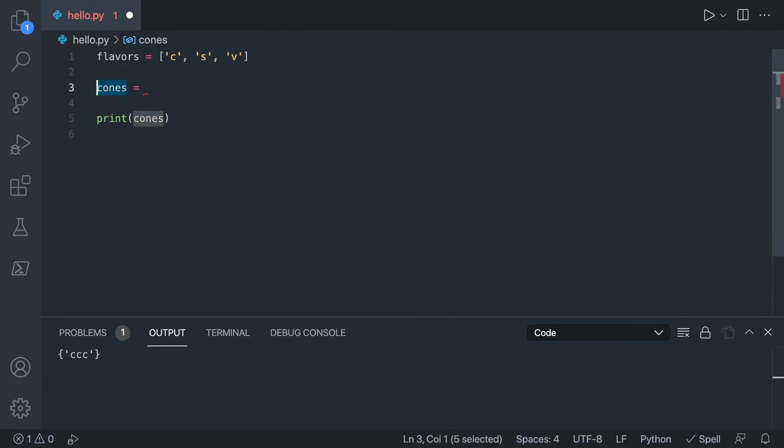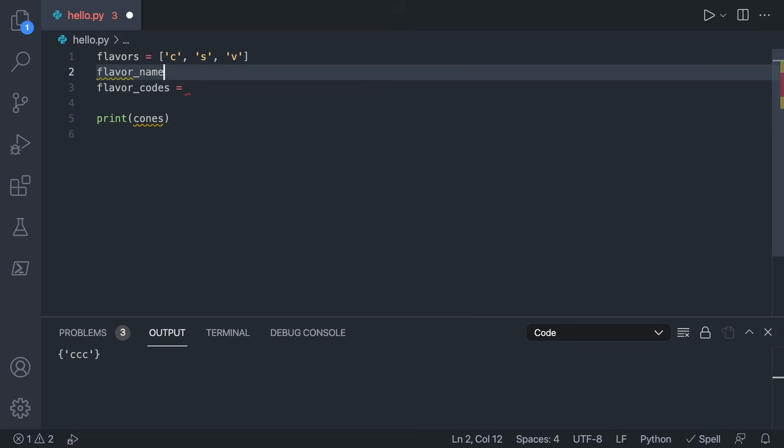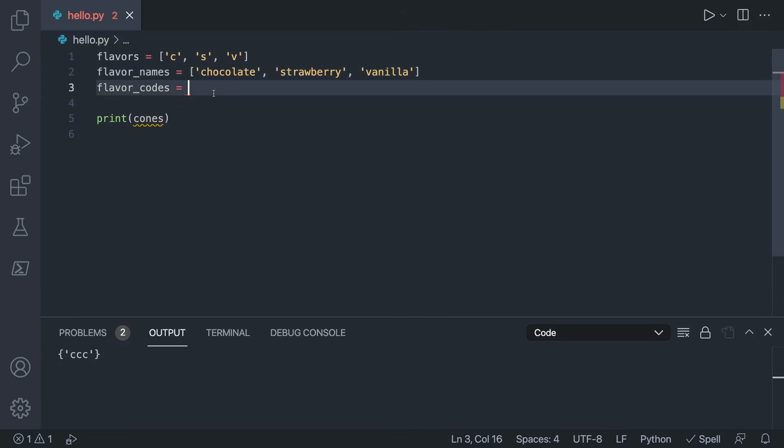So we're going to call this something like flavor codes. Obviously, this is a fairly simple example, but it illustrates the possibility to associate different things. So we'll have flavor names, and this is going to be the strings. So we'll have chocolate, strawberry, and vanilla. For the flavor codes, this is going to be the dictionary, and what we're going to do is